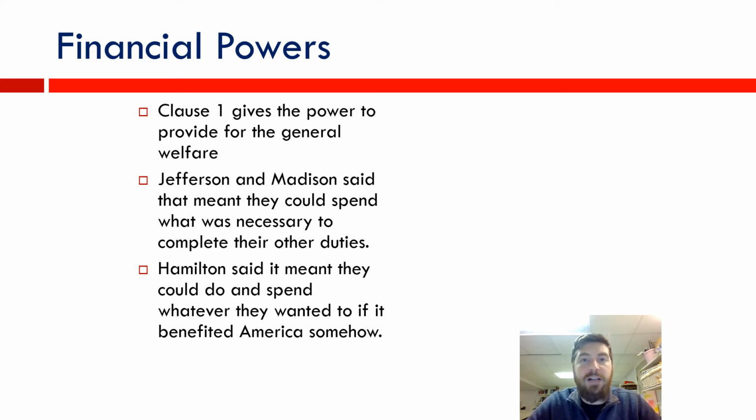Spend it on the general welfare. General just means for everyone. So obviously you're not allowed to spend it on one politician's house. That doesn't help everyone. You have to spend it on America. And welfare just means what's good for the people. So yeah, if you take it at its plain sense, it means you can spend money on whatever helps the